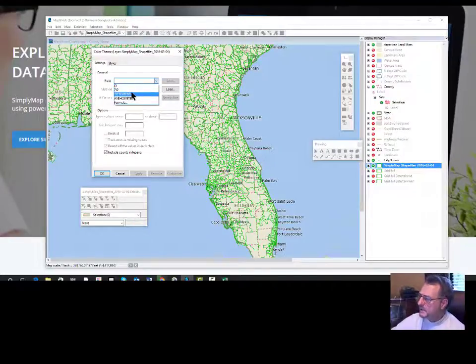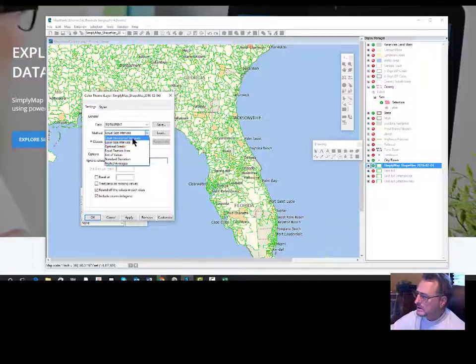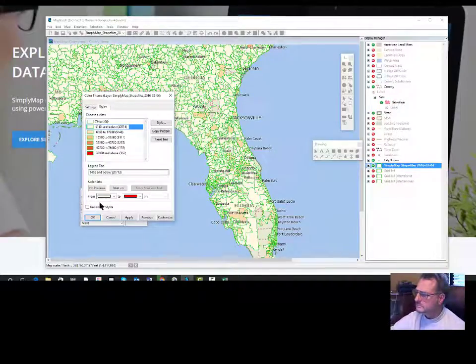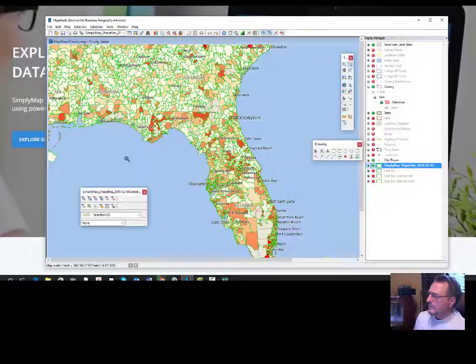And I've already renamed these fields. You'll see field 1, 2, and 3. So here we have total expenditure. Or I can say I want to have optimal breaks, but less than 8. And so here we have then by zip code, total